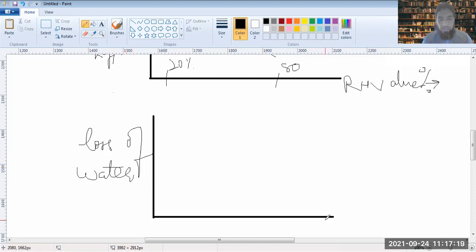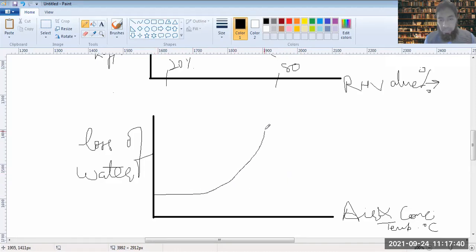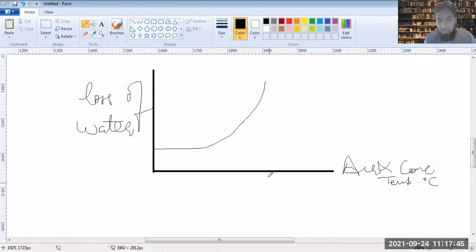in the same units, kg per meter square, with respect to air temperature outside as well as concrete temperature. Let's say that the temperatures right now are close enough near the surface, temperature in degrees Celsius. So you will find out with increase in the temperature, there will be an exponential increase in the loss of water. So at 30 degrees Celsius of the air temperature and the surface concrete temperature, the loss of water will